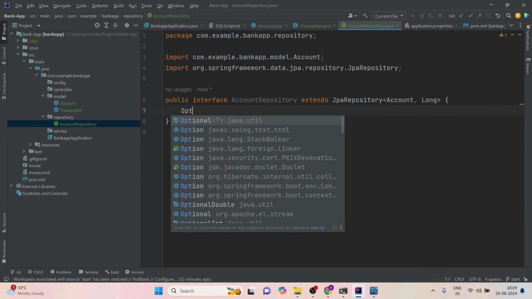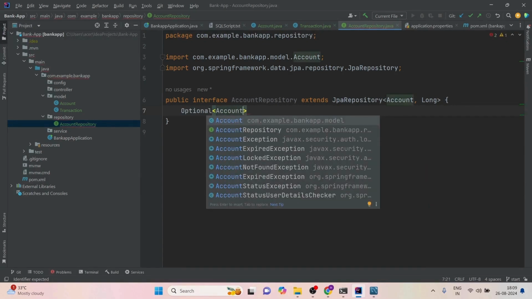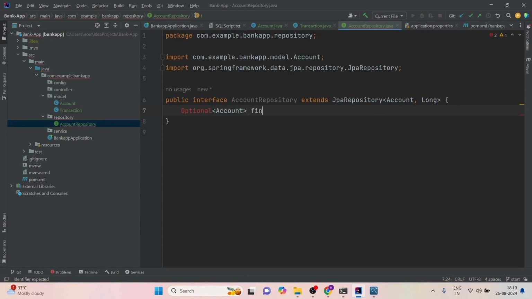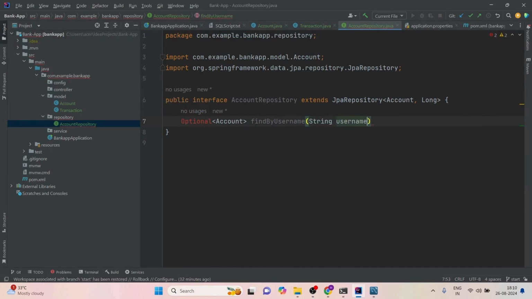And this would have a method, Optional<Account> as the return type, findByUsername, String username. Now let's import this Optional here